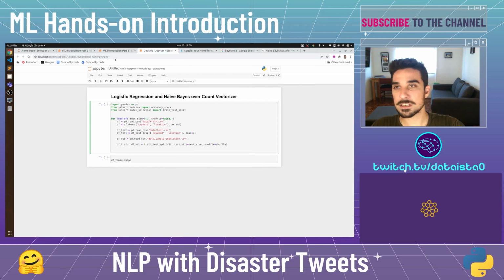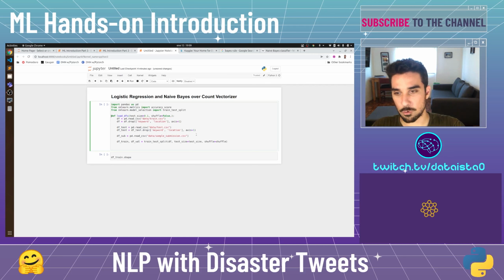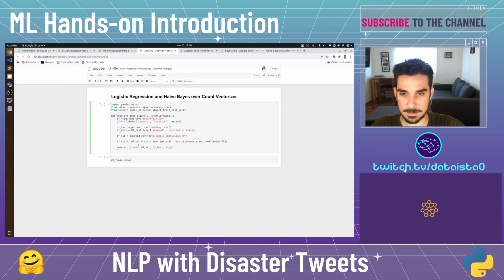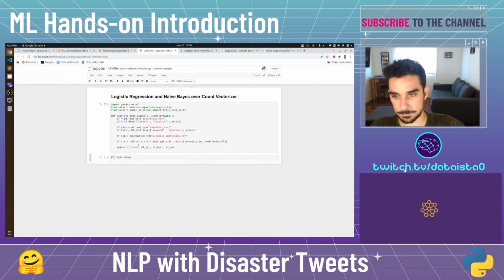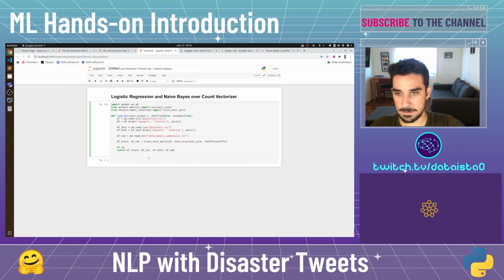Okay, so I started this notebook. This notebook is wrapping up stuff. Here, this is loading the data frames. See, this is the beginning of the previous file, and it's doing the split. So here I will return df train, df val, df test, and df sub. And actually, I was going to put here a where both equals true, and if where both, print